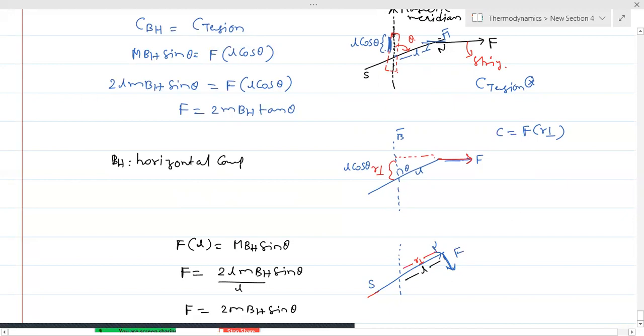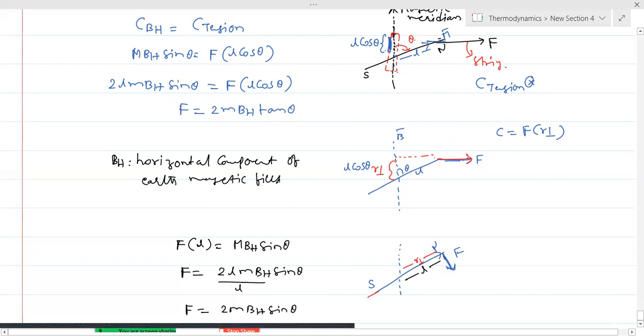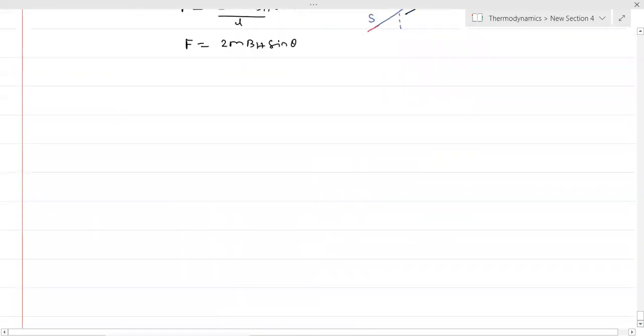Horizontal component of earth's magnetic field, we are taking. So this is one of the important applications of the couple. Next,